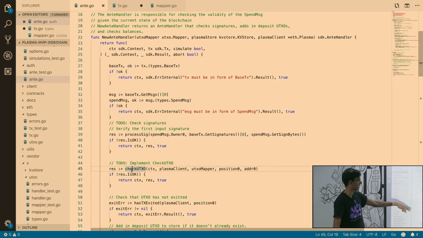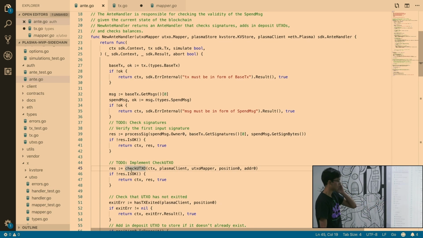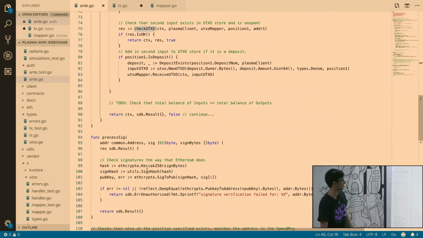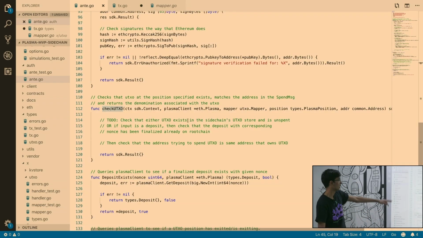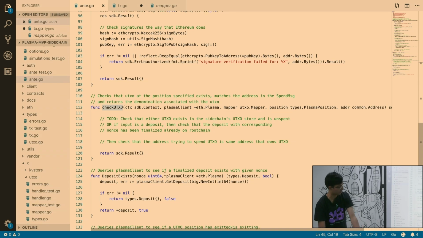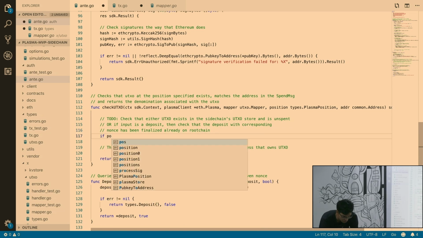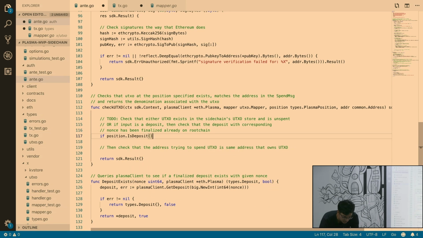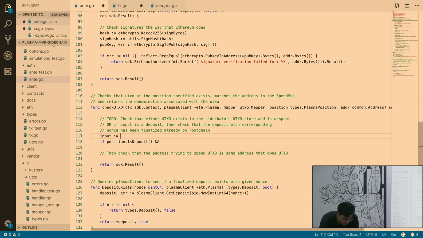Then I would want to check that the UTXO actually exists in my store. So for that, I have a helper method that we can fill in. So check UTXO. What we want to do is check that either the UTXO already exists in the sidechain store, or it's an unspent deposit. So the way we would check that is I have this deposit exists function that will make a query to my Ethereum root chain to see if that deposit exists. So I can say if the position that I'm trying to spend is a deposit and it doesn't already exist,